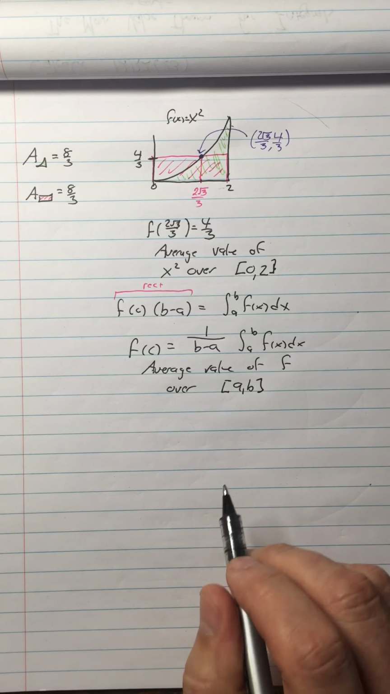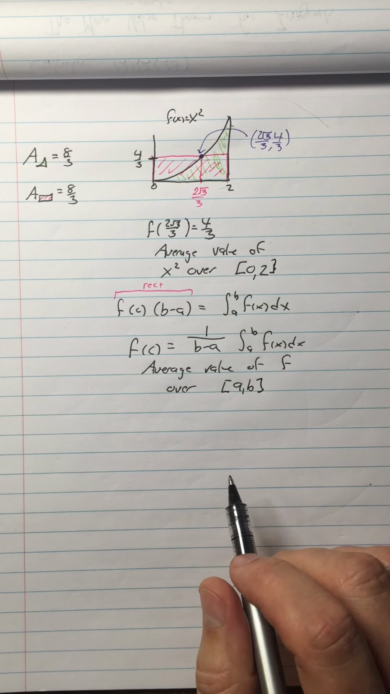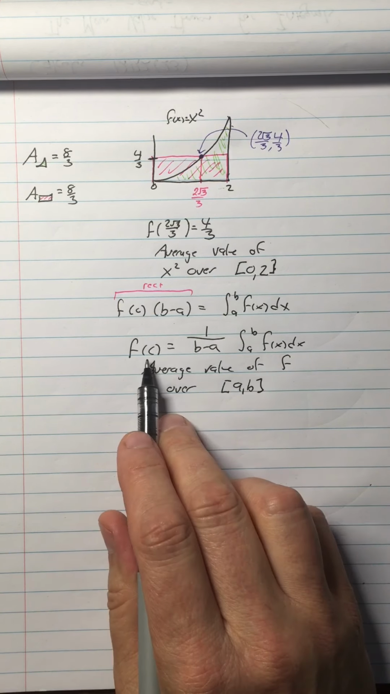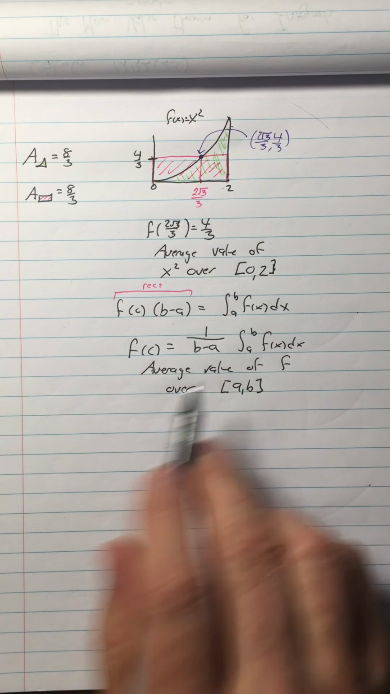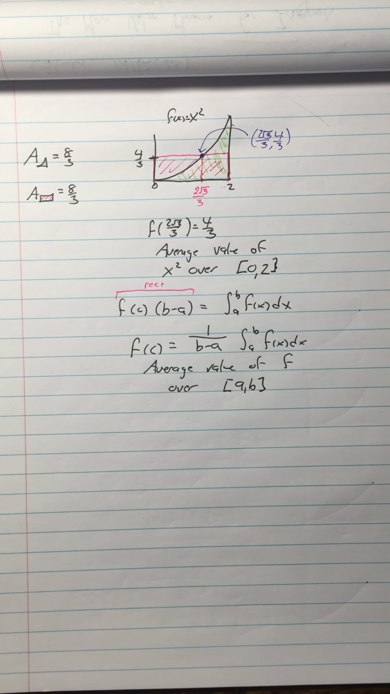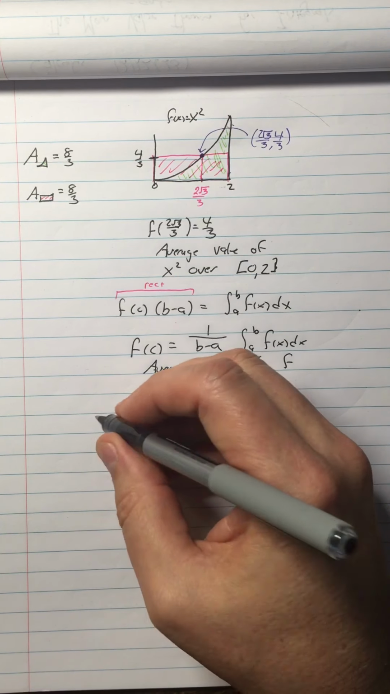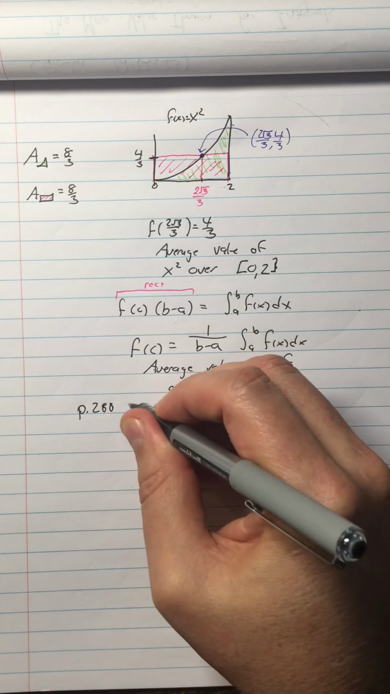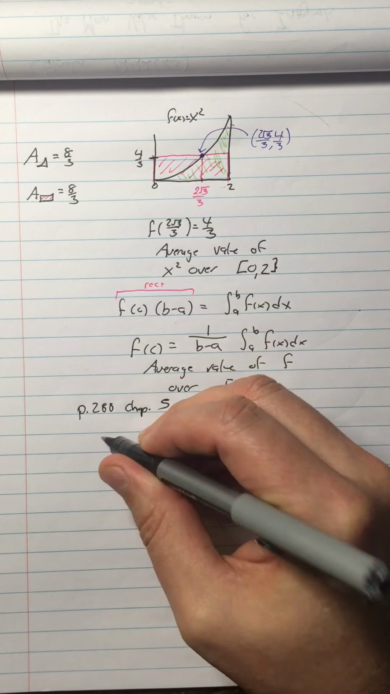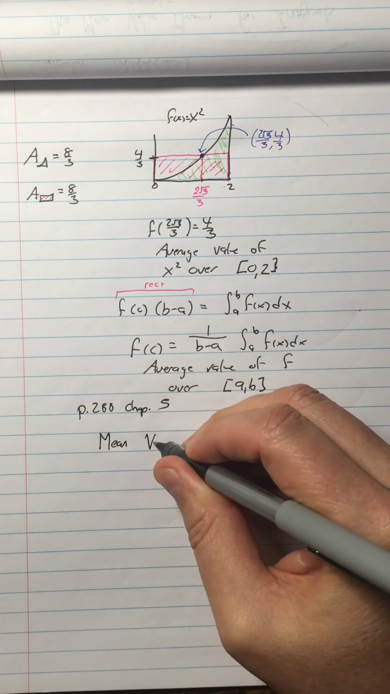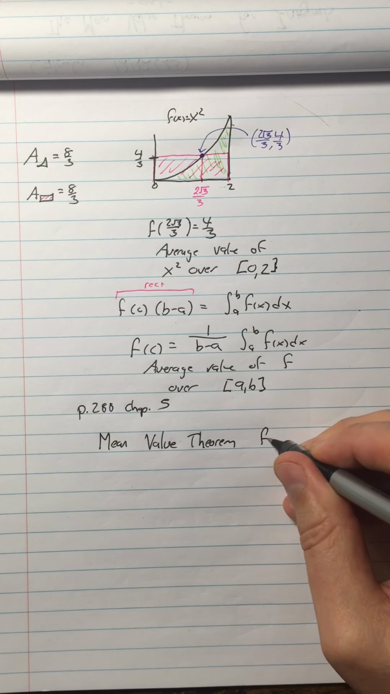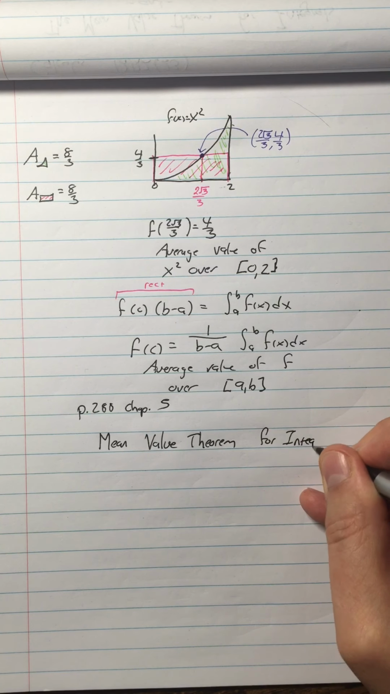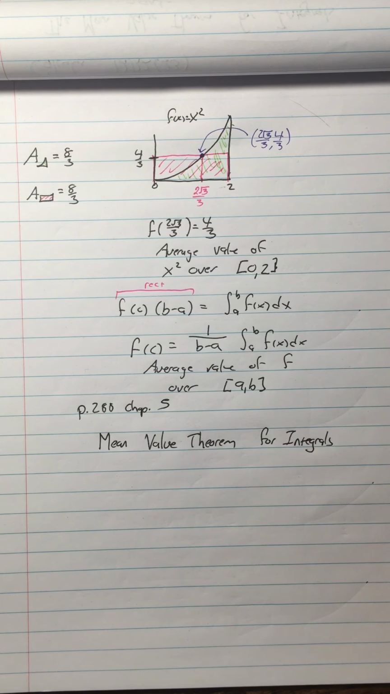All right, so a couple of things about that. One is, this point turns out to exist somewhere, regardless of what the function is. So that is a fun theorem in your book. It's on page 288 of your textbook, chapter 5. It's called the mean value theorem. This is the mean value theorem for integrals. We did the mean value theorem for derivatives. So the mean value theorem for integrals says that,